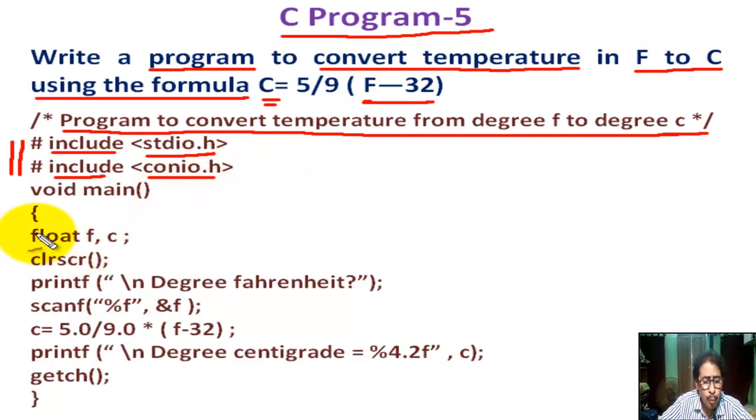Now we always maintain a proforma, or structure, for writing a C program.